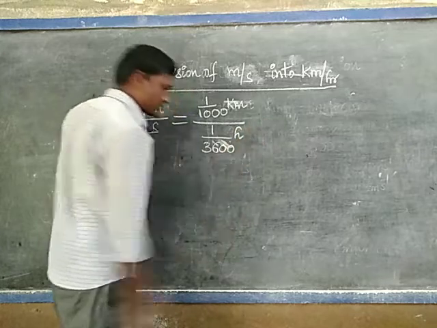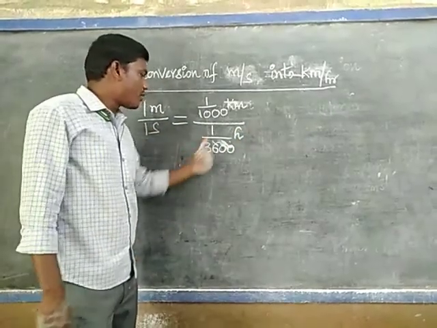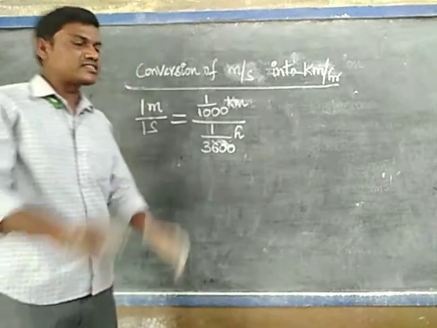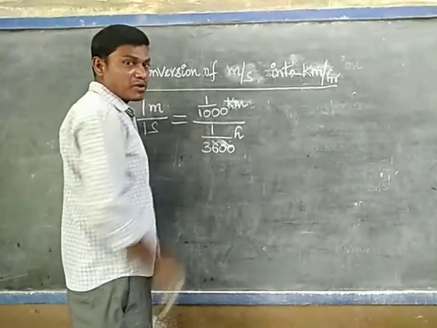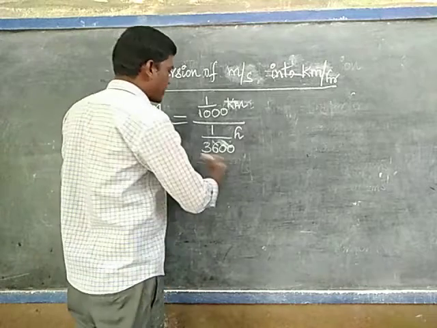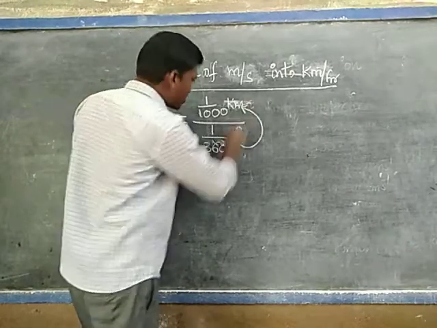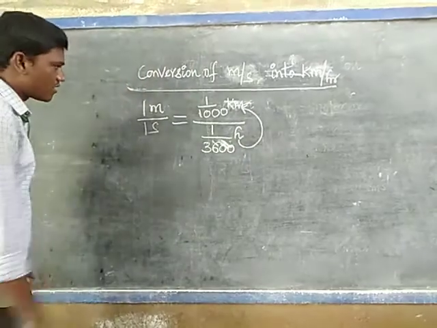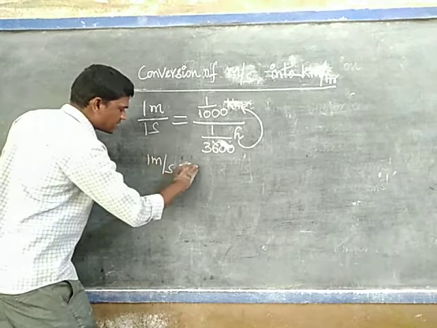1 by 3600 hour. Means 1 second is nothing but 1 part in the 3600 parts of the hour. That is the meaning of that. I will tell a simple method also after this one. Now here, this value bring to the numerator side. Then what can we write here? 1 meter per second is equals to,